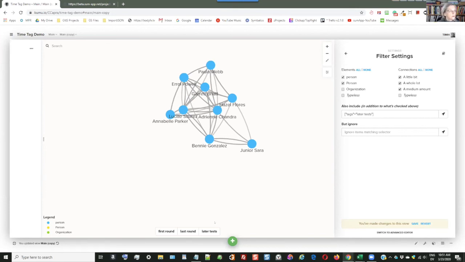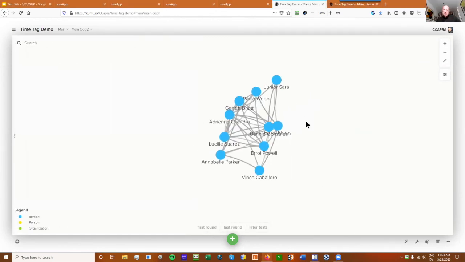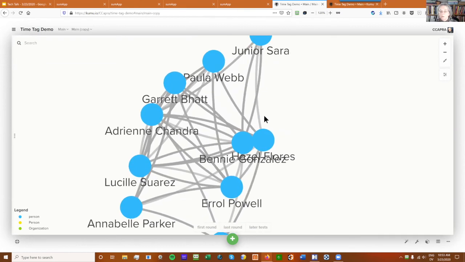Tim, can you stop sharing and I'm going to share that version for a second? Okay. Can you see my screen? Yeah. So you can see, because we have not decorated these lines, if we'd taken the time to decorate them, it might be a little easier to see. But this one is just a little teeny bit fainter than this one. Can you see that?